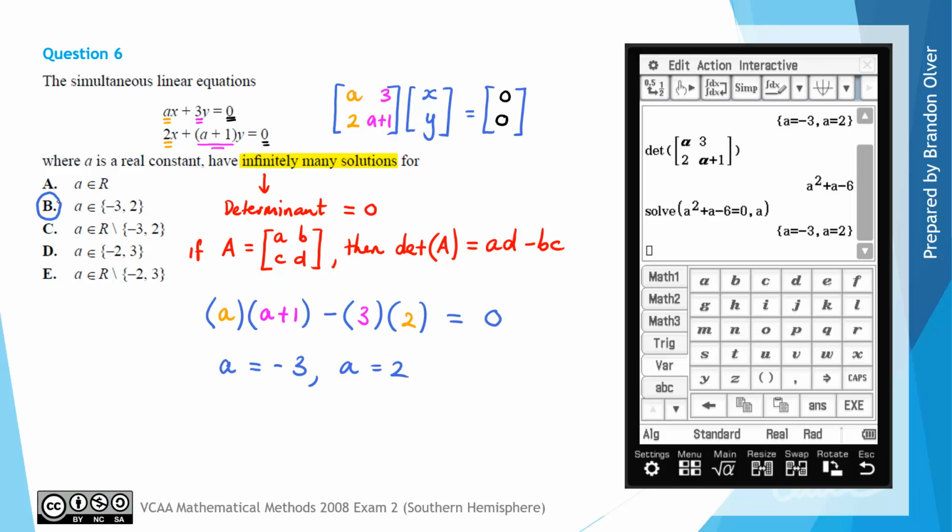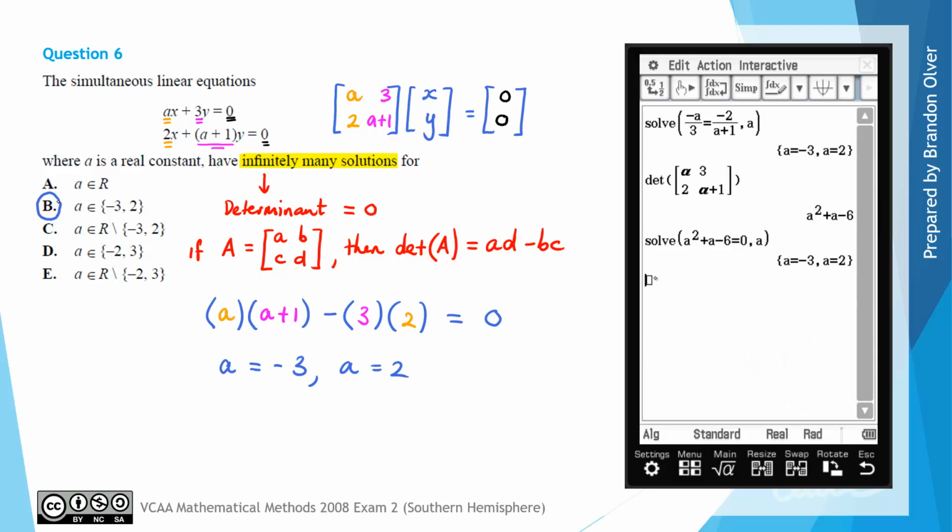And I do want to just stress that if the y-intercepts hadn't conveniently been both 0, you'd need to test when A goes into those sorts of equations. So in different questions to this, you'd have to test whether those A values give no solutions or infinitely many solutions. In this case, both values give infinitely many solutions. So the final thing that I'll show on this video is that if we use those A values, we do get infinitely many solutions,